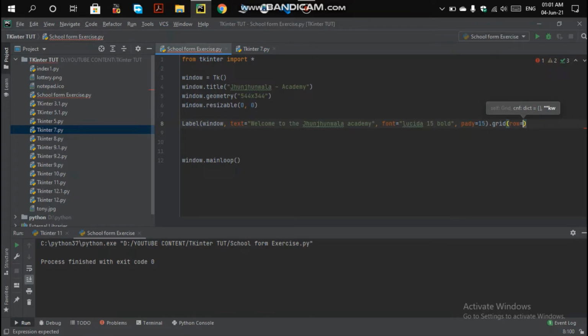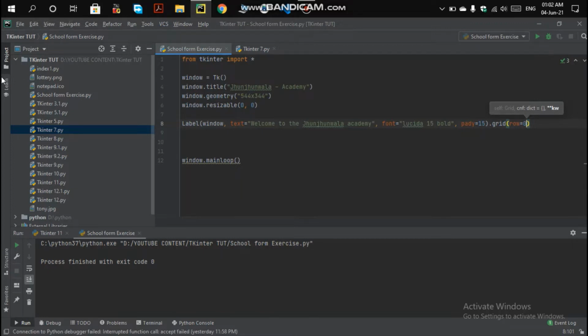If you give the row value as 0, your text will be at the zeroth row position, and column will be this side, like column 1, column 2, and column 3.